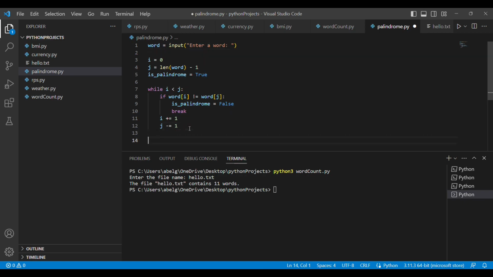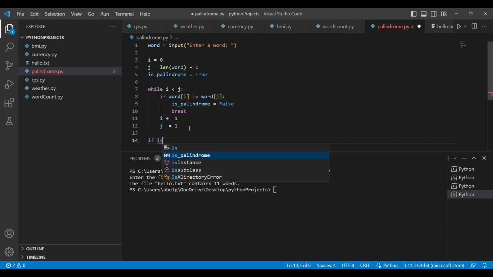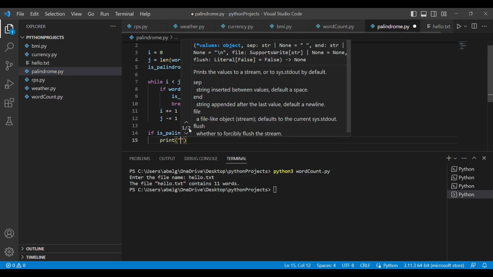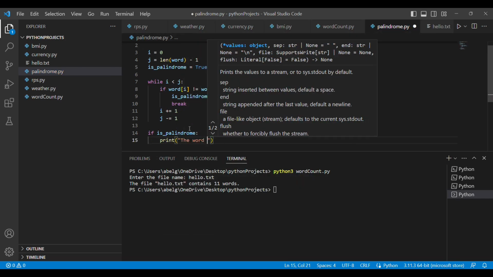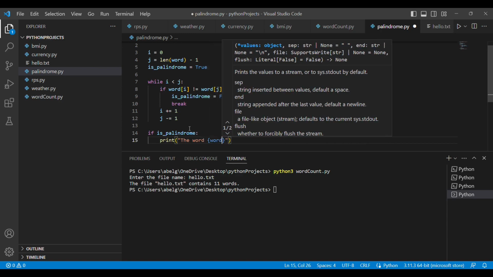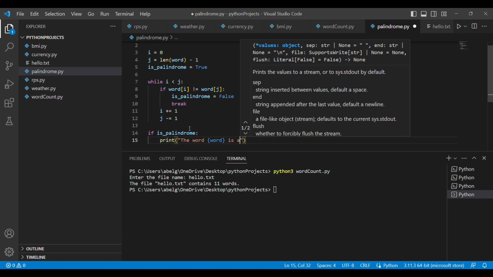But first, we're going to print out different statements based on the value of is_palindrome. So we're going to have an if statement followed by is_palindrome. That means if is_palindrome is true, we're going to run this statement. We're going to print the word, followed by the actual word, which is in the variable word, is a palindrome.